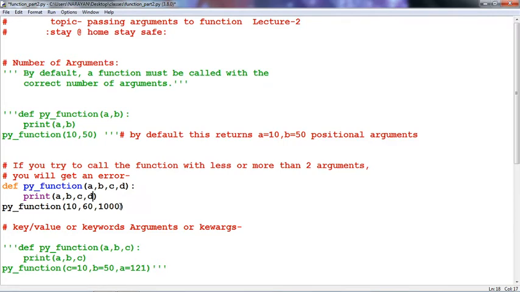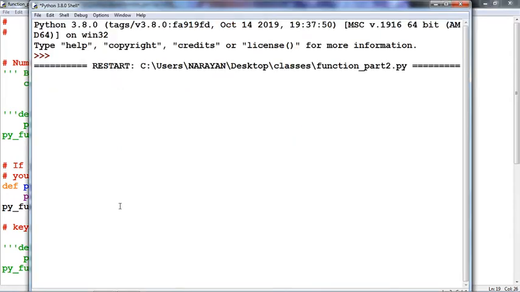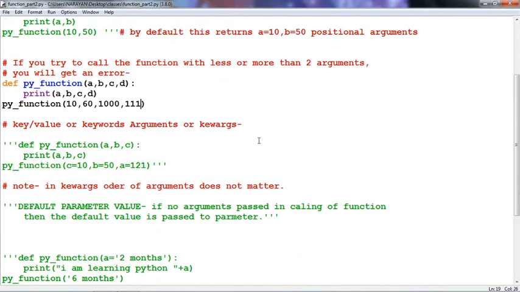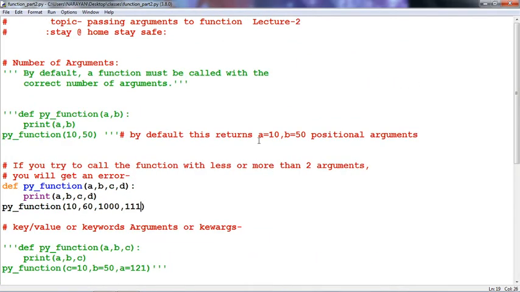Now we have to pass one more value here. Now run this. Absolutely fine. I hope you understand the working of number of arguments and what a positional argument is.